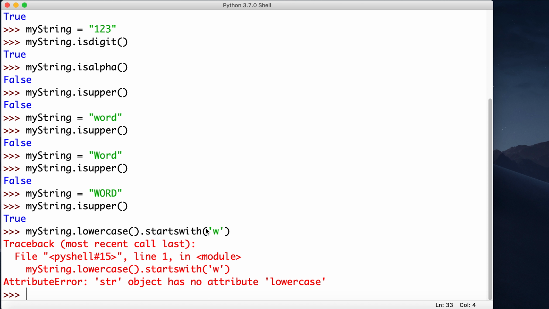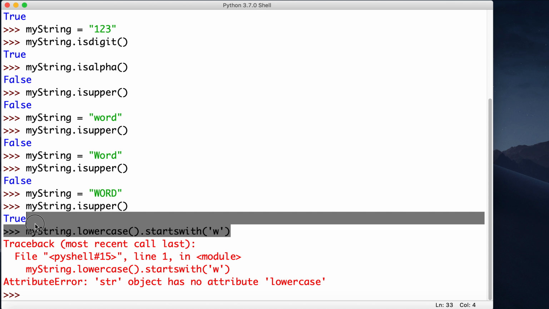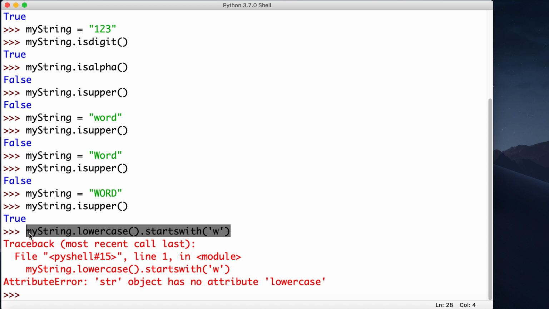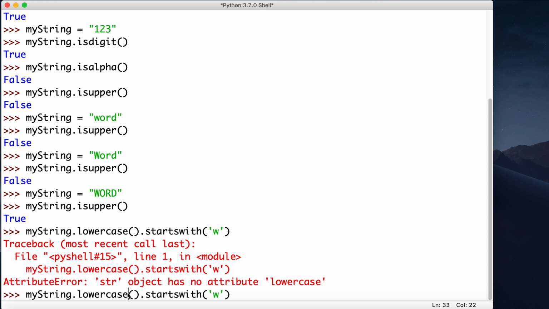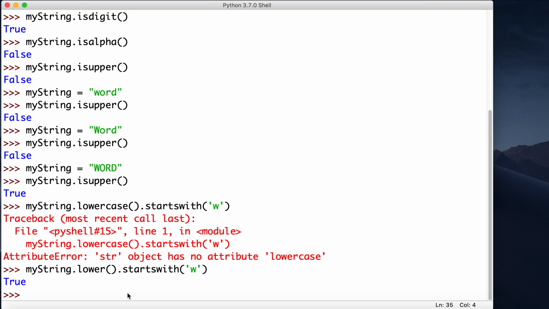Now I've got an error. Okay, let's have a look what it says. Oh, okay. I think I've just got to do lower, not lowercase with changing it. So see, it says no attribute lowercase. Okay, so let's go back here and just try that. Awesome, so we get a true, and even if I do that again with a capital,